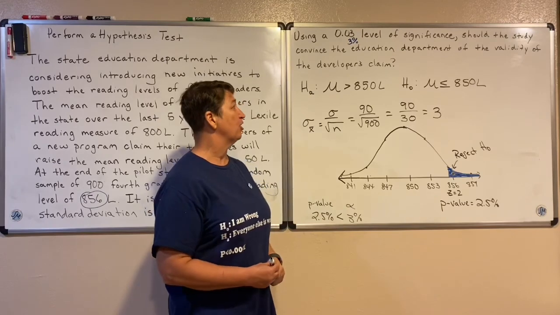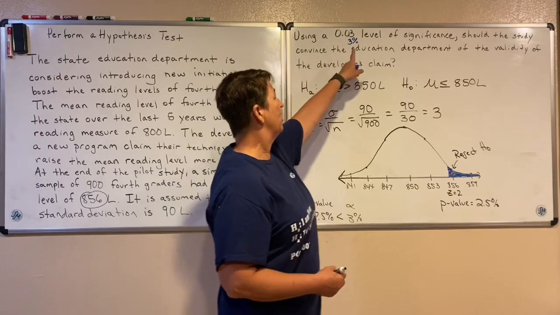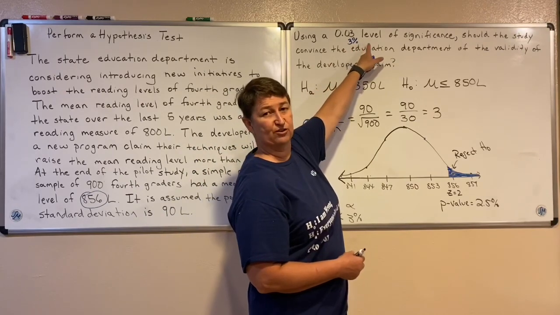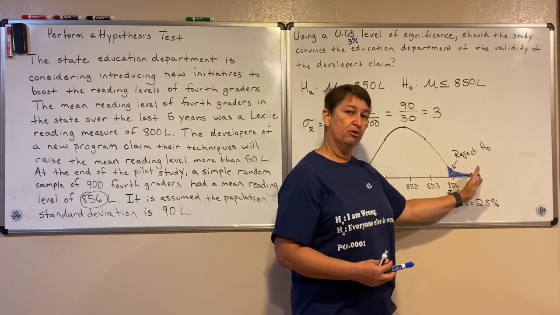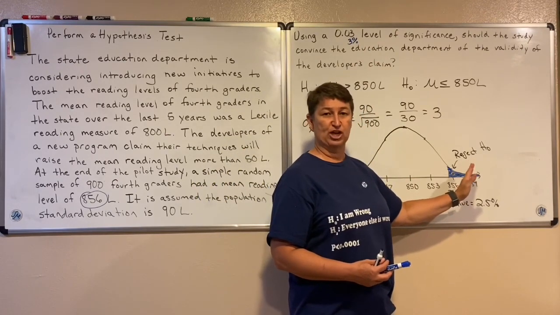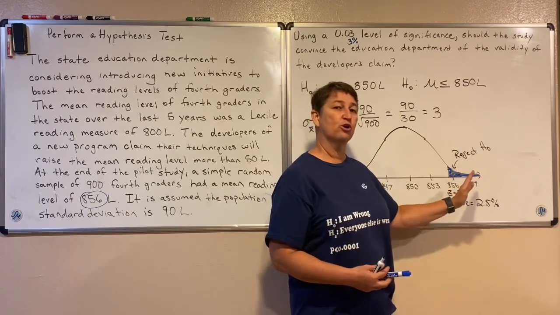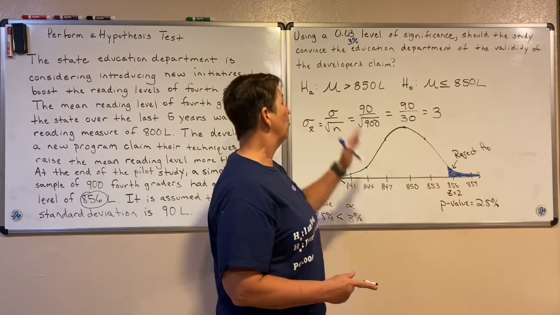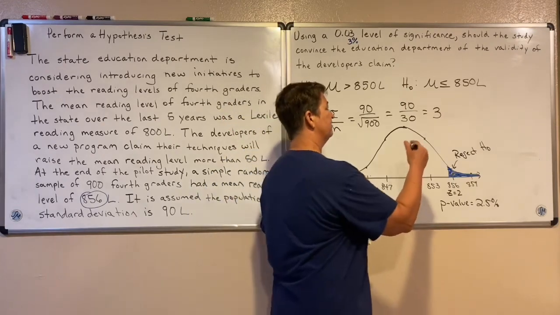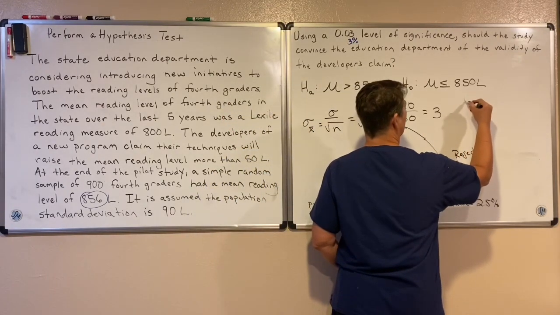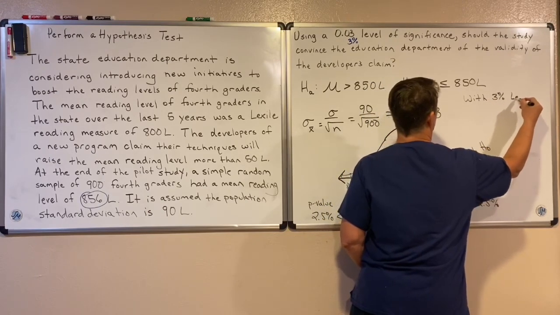Now, when we interpret our results, we need to make sure that we let our reader know at what level of significance we are talking about. Because if our level of significance had been smaller, then we would not have rejected the claim. So it depends on the null hypothesis. Therefore, we need to let our reader know at what level of significance or what confidence level we're dealing with. In this case, we would tell our reader with a 3% level of significance,